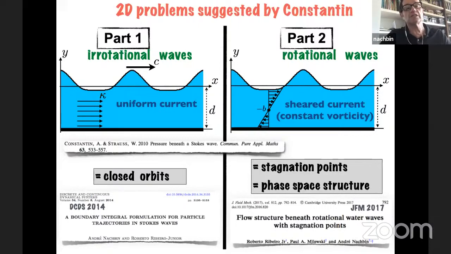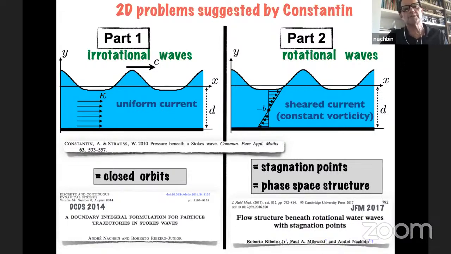So we did computations, and actually we started learning how to do these things in efficient ways. And I'm going to show you a slightly different formulation of the problem to get these closed orbits. And then later on, Adrian said, now let's add vorticity, constant vorticity. There can be many different types of vorticity distribution, but just constant vorticity has some very interesting features. That is, you have stagnation points. I'll tell you what that is. It's a critical point in the wave's moving frame. Adrian said it would be interesting to see where they appear, because they had also proofs of the existence of these stagnation points, and to look at the phase space structure. I will show you in just a second all about this.